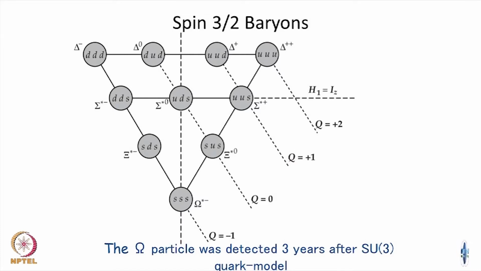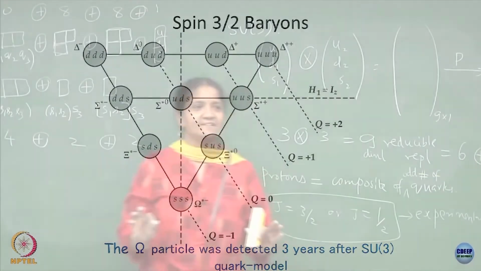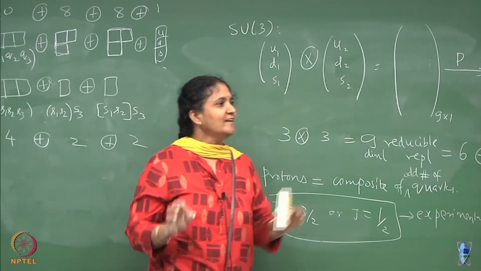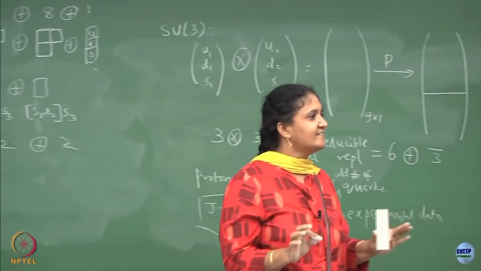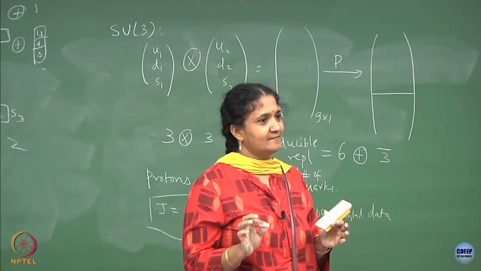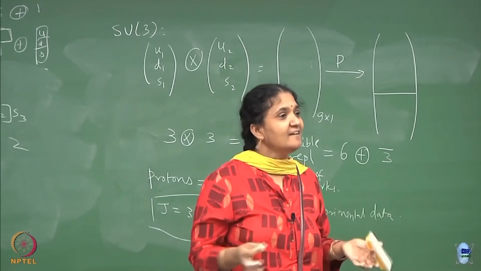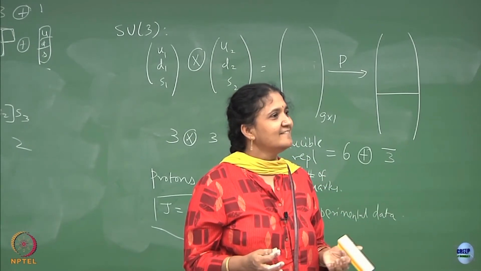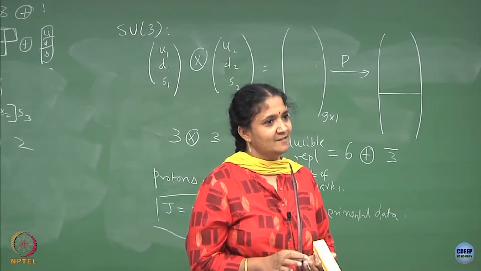It is beautiful actually. Gell-Mann recently passed away. Did you see his profile? You should see his profile, it is very nice. Very simple way of looking at SU3, and he accounted that there should be 10 particles which belong to an irreducible representation of SU3, whereas only 9 particles or 9 states with spin 3 by 2 were seen in the lab. And interestingly, after 3 years they detected that particle. So, that is why he got his Nobel Prize.